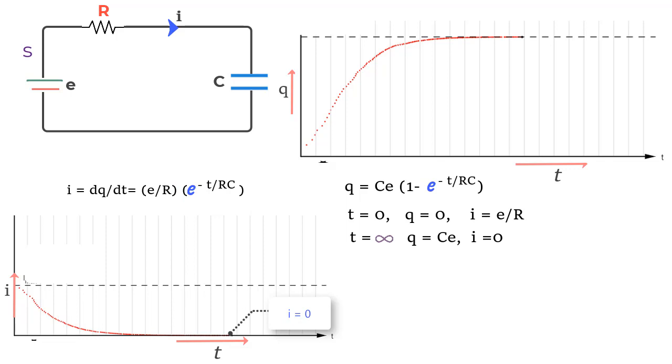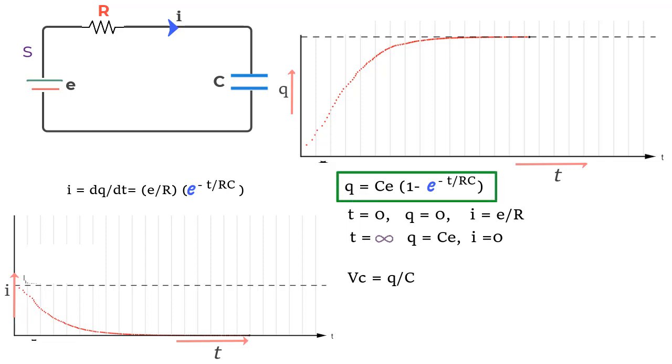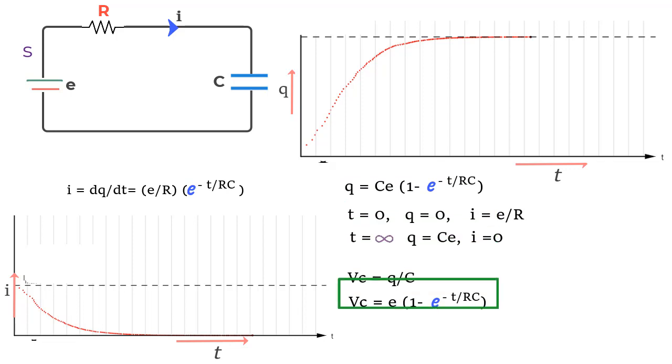We can also establish the time-dependent equation for potential difference across the capacitor. That can be written as Vc is equal to Q by C. And if we take the value of Q from this equation, what we get is this. Again, we can test this equation for its correctness, and if we put t is equal to 0, what we find is that this becomes 1 and therefore Vc becomes 0, which of course is the case.